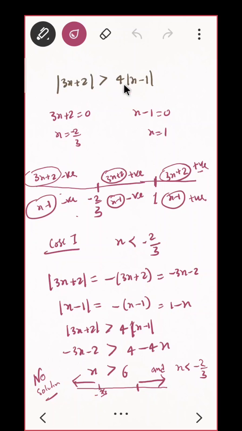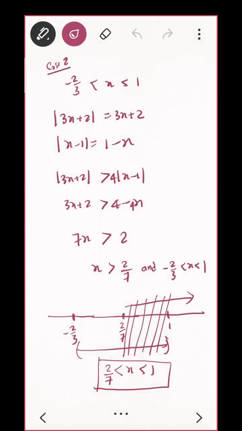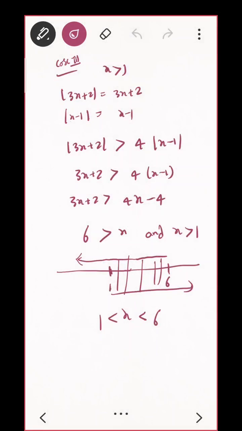This will be 5 and this will be 0. So this is satisfying, na? 5 is greater than 0. That is a true value, correct? So x equal to 1 is included in the system. Do you agree? Yes. Put x equal to 1.